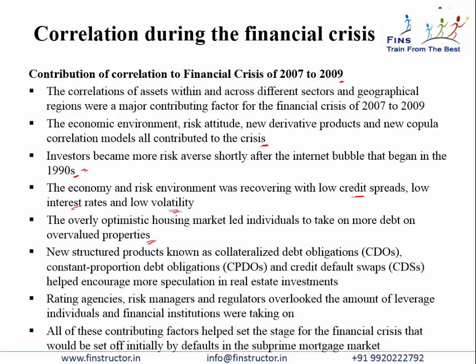New structured products known as collateralized debt obligations, constant proportion debt obligations, credit default swaps helped encourage more speculation in these real estate investments, in these debt markets, in these bonds, on which further structured products were created by investment banks and financial market participants. Rating agencies, risk managers, regulators overlooked the amount of leverage that the individuals and the financial institutions were taking on, and all these set the stage for the financial crisis that initially was set off by defaults in the subprime mortgage